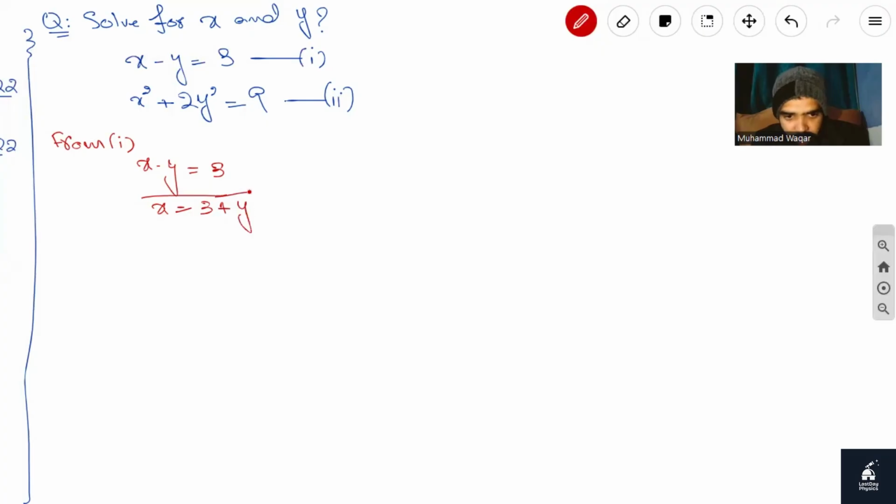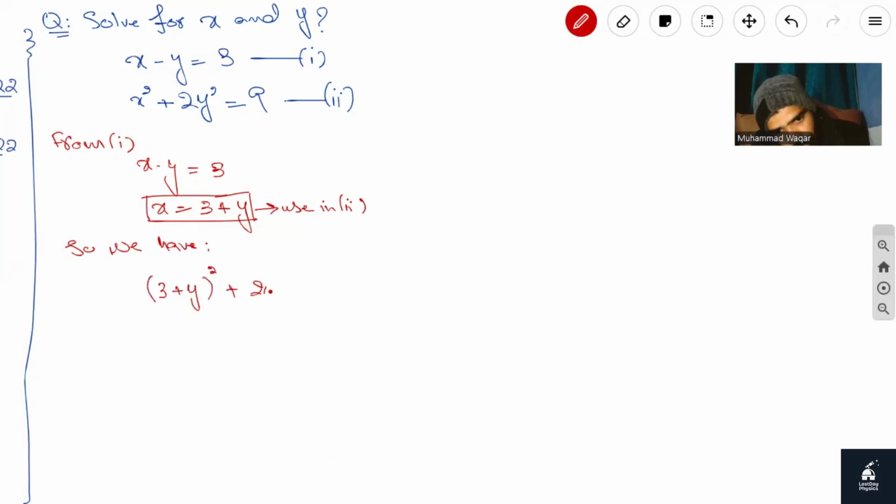A simple operation. We need to take y to the other side or eliminate y from this side, add y on both sides. On the left-hand side, the y should be eliminated, and on the right-hand side, it appears as 3 plus y. Now we will use this in equation 2. So if we use this in equation 2, now we have equation 2 would be x squared, and instead of x, x is 3 plus y, so it should be 3 plus y squared